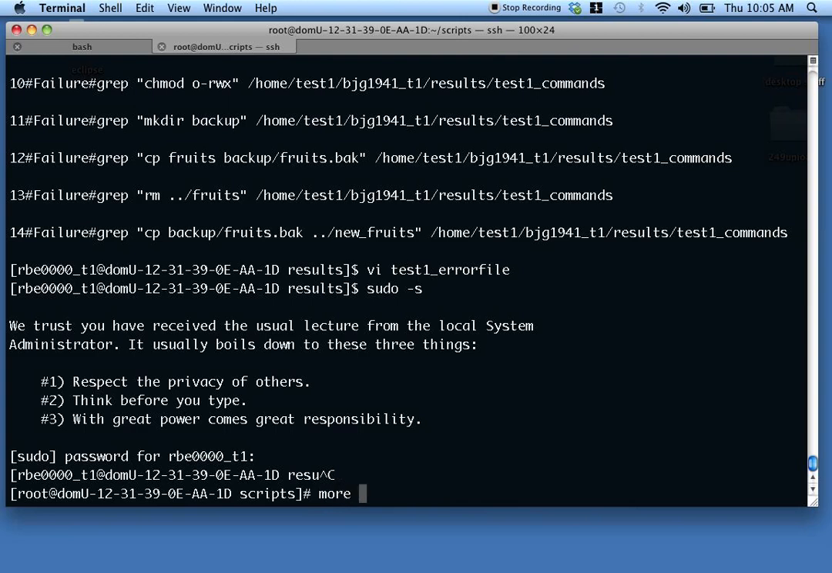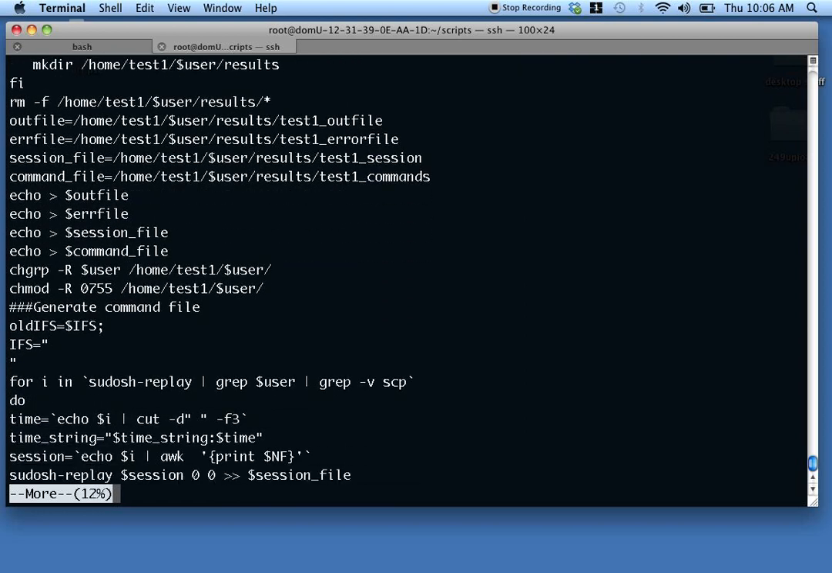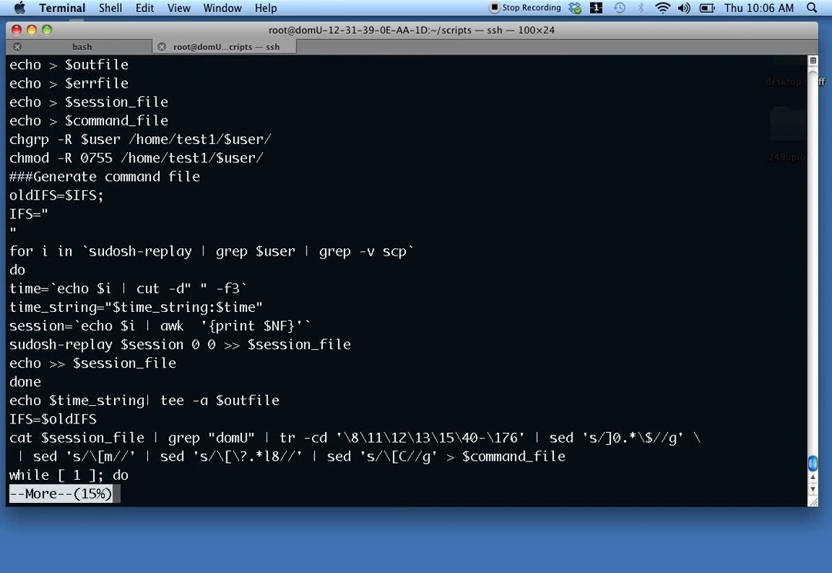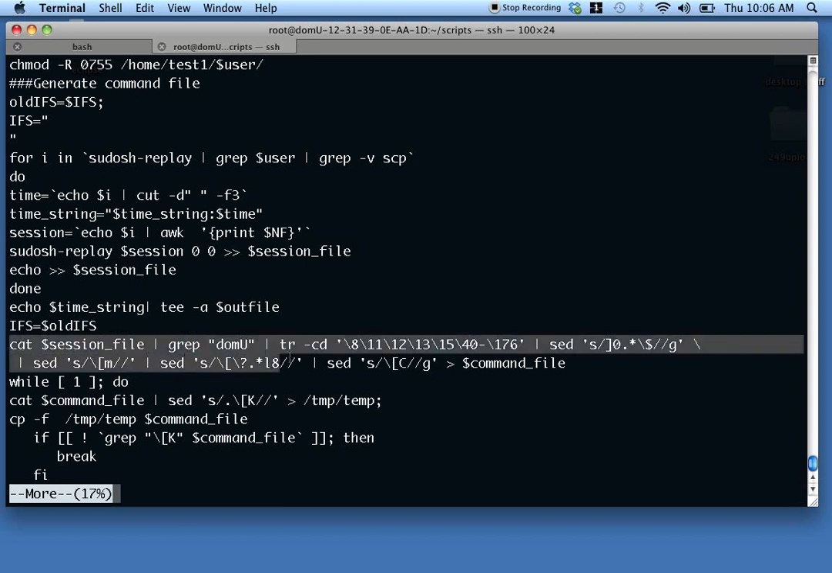So now I want to look at my file again. So once I had set your session file, I print out the time string, so that's the compilation, how much time it took you, and then I reset the IFS to the original field separator. Then I did this big, long, complex command,